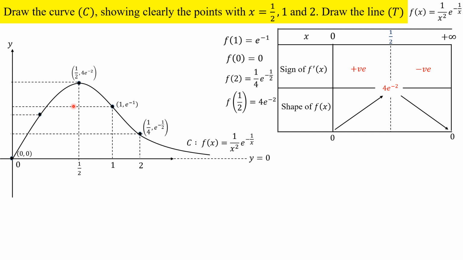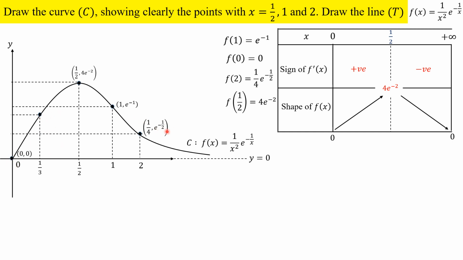Alright, next we need to draw the line T, that's a tangent line. But to draw the tangent line, we know the value of x0. Our value of x0 was half, was 1/3, sorry. So x0 is 1/3. So the corresponding y coordinate we are going to find. Remember, the tangent to the curve is at that point, and it also passes through the origin.